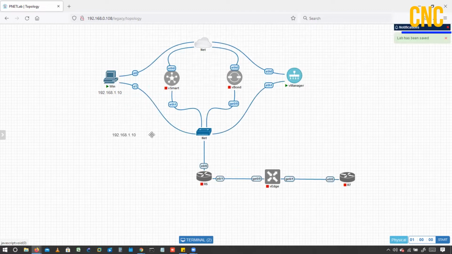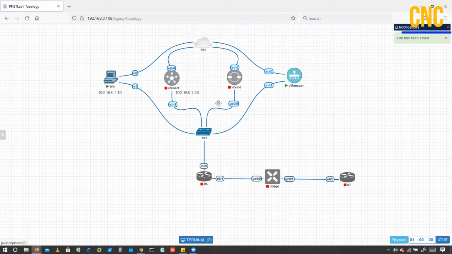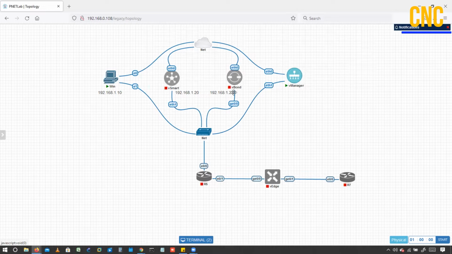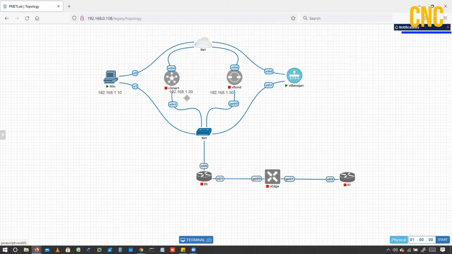In the same way, I'll configure the IP addresses. vSmart 1.20. vBond, you can take any address range, let me use 30.